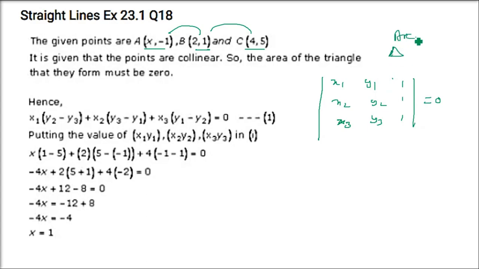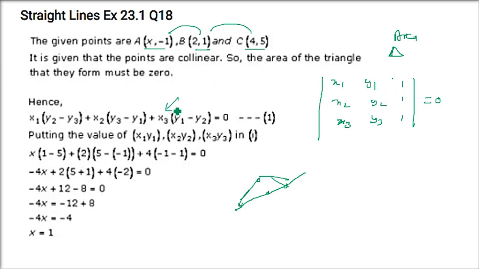So this is representing the area of the triangle. Now when you take the triangle area and put it as 0, that means these lines are not making a triangle. They are actually collinear. So if these three points are not making any structure like a triangle, then only the area will be 0. So we have to prove it collinear. Yes, just use the area of the triangle, and put it as 0. So determinant, we are going to put it as 0.